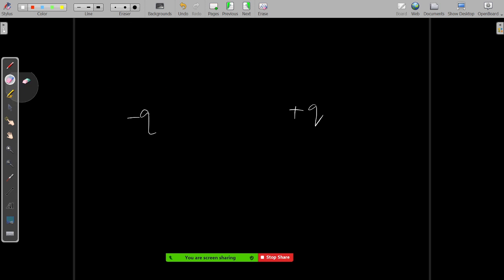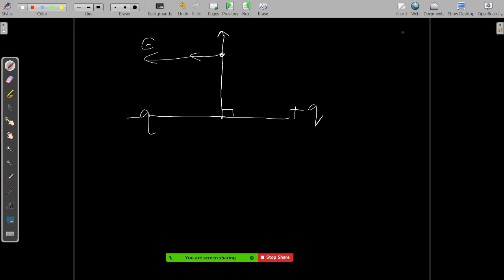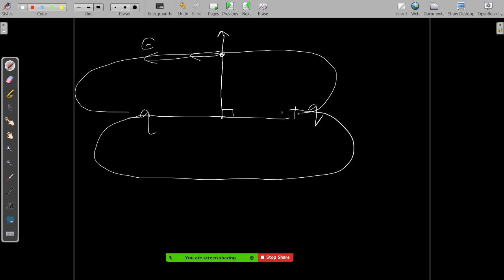Similarly, if they are asking you at the bisector, when theta is 90 degrees, that basically means this is your radial direction, this is your tangential direction. So alpha basically comes to be 90 degrees. That means the electric field will be in this direction only. We have already seen this with electric field lines: at the perpendicular bisector, it becomes horizontal in this direction. That's why it is coming 90 degrees.